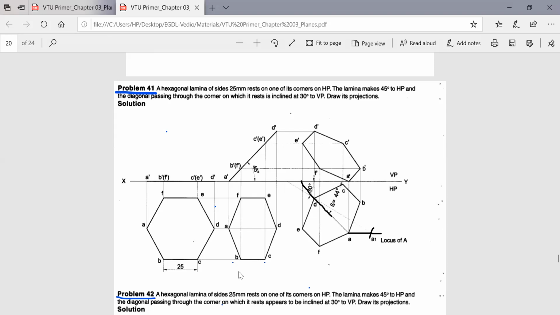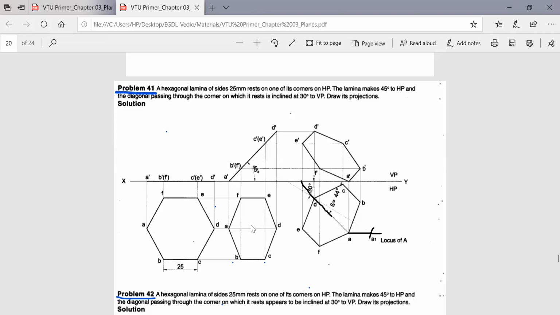So now you can see the apparent shape of the top view, and this is the true shape of it. And you see whether it's a problem on the side or diagonal. It is a diagonal. So what has been told? The diagonal passing through the corner. So this is the corner in which it is resting. So the diagonal which is passing through the corner is nothing but our AD. So this diagonal is inclined at 30 degree to VP. So the diagonal here is compressed due to the inclination, and hence it is the apparent length and not the